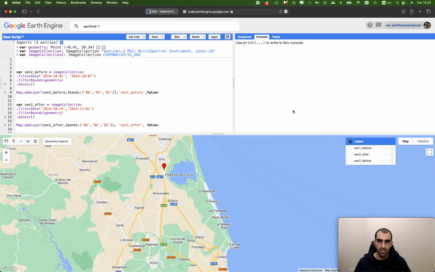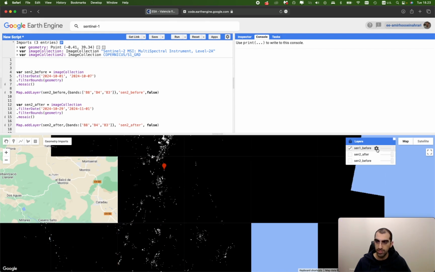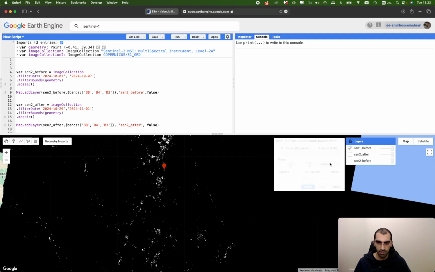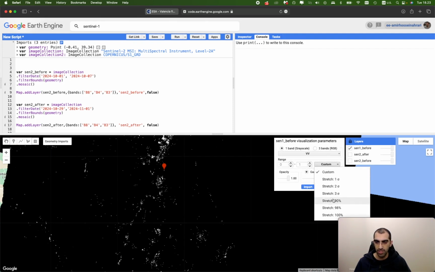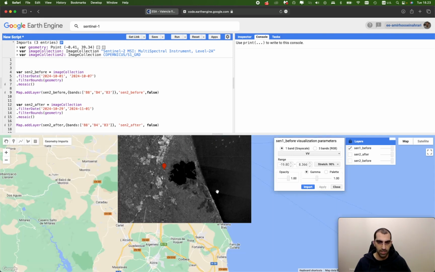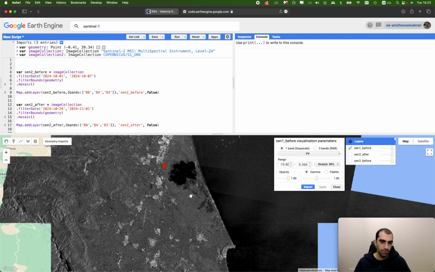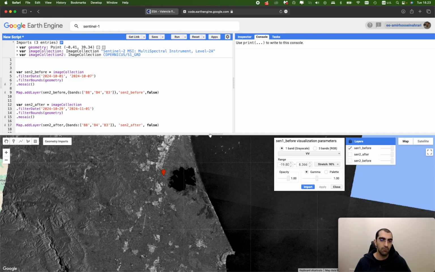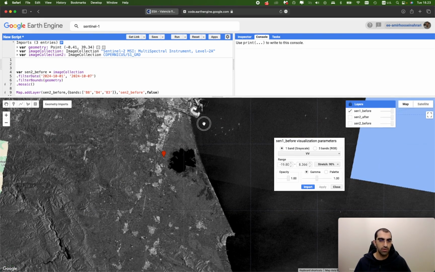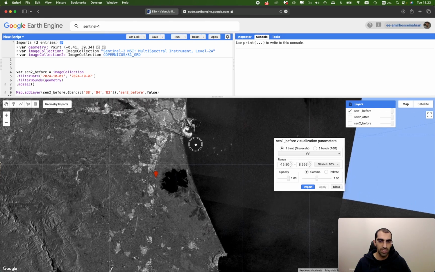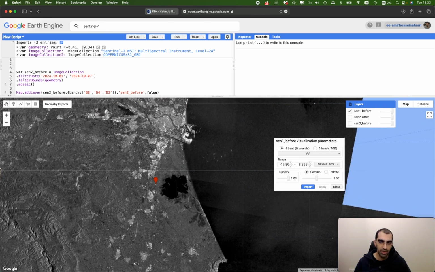Run the code again, and here Sentinel-1 before is available. This time the whole area is covered, and increase the contrast using 90% of values we have. As you can see, the whole region is covered without any issue, and also without any cloud cover impacts. The urban area is reflecting with higher values, and also the water bodies